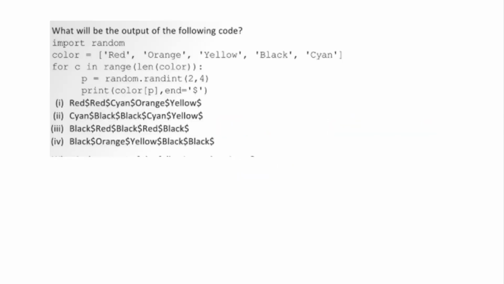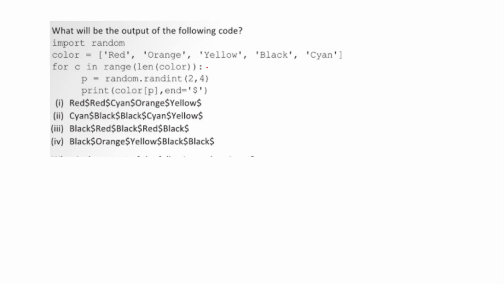Question number 1. What will be the output of the following code? Import random, color equal to this list, for C in range length of color. So what is the length of color? Length of color is 1, 2, 3, 4, 5.